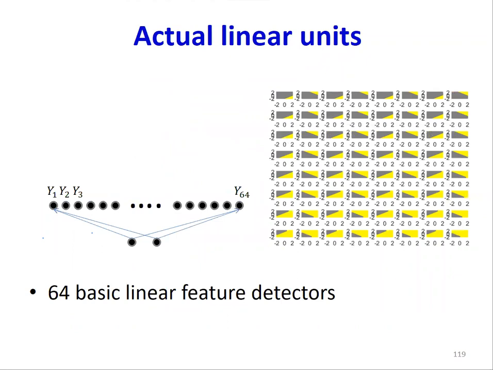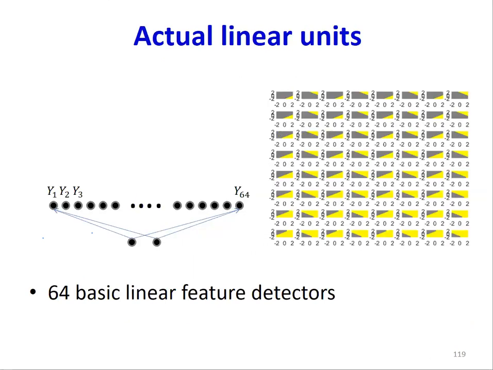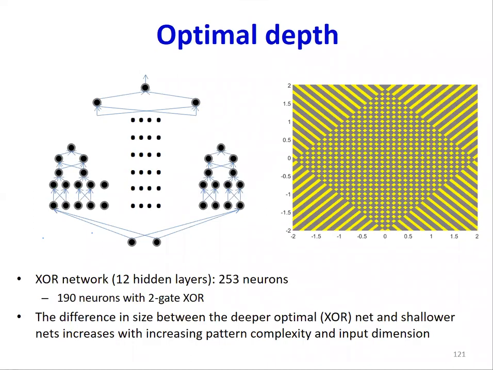So this is an XOR pattern, right? You can recognize this immediately as a checkerboard. So there are 64 lines. If you cross the first line but not the second line, the output will be 1. If you go along any line, as you keep moving, the output keeps flipping from 0 to 1 to 0 to 1. So that's an XOR. And once you capture the 64 lines, this checkerboard pattern is actually an XOR over 64 bits.